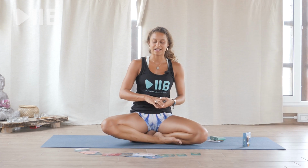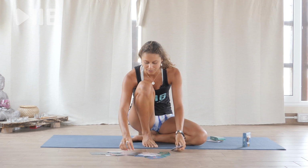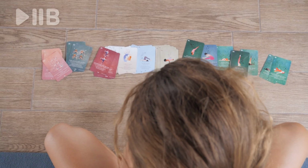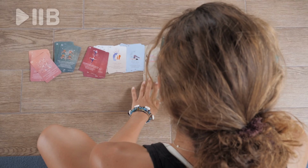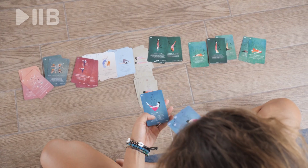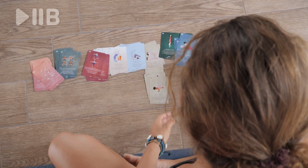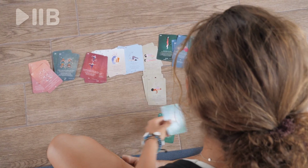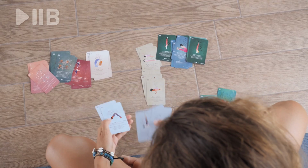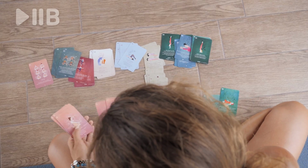Another way that I can sequence, and I can use once again my deck to do so, is to actually use all of the indications that are already written on the deck. And so you see there's little points, and the little points actually indicate how strong the pose is, how intense. And let's say I'm feeling like having a little bit of a rest, then I'm going to be focusing on all those easy, less intense poses from my deck, pick some of them out or all of them out, and then just go with 6, 7, 8, 12 poses of them and put them in a line,